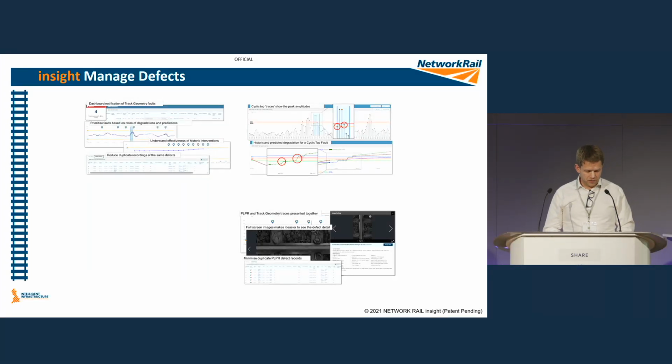And the last bit that we've introduced within the defect management place is track quality. So within track quality, you get the same sort of thing. You get your super reds and your VPEs, but you also get those 8s that are predicted to go into those in the near future. We do a run-on-run equivalent, which is a CCQ chart, which you'll be familiar with, obviously, and we have the rates of degradation, so you can see the historic rates of degradation, but you can also see,